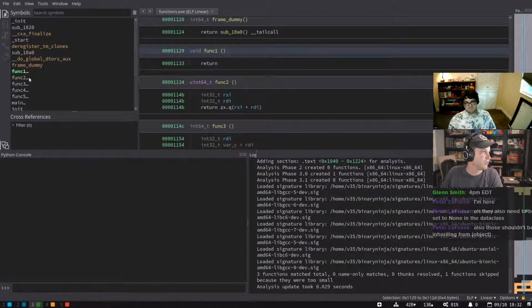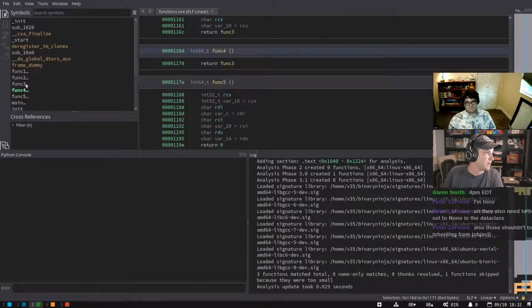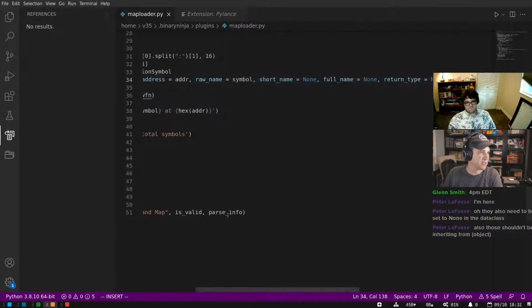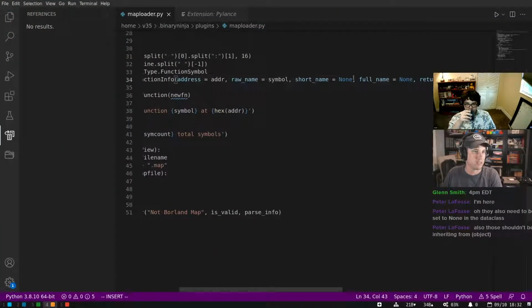Interesting. So I've got this dot dot dot on the left. Oh, and main got name too. What gives? Let's see. Current function dot name. Oh, there's a new line. That's all it is. That's what the dot dot dot's getting rid of. Okay, so you just need to strip that. Yeah. You are right though. The DebugInfo API does the right thing here, no matter which one of these you give it, and sets everything for you.